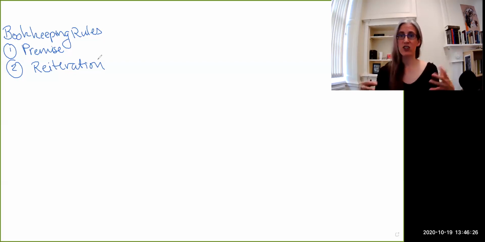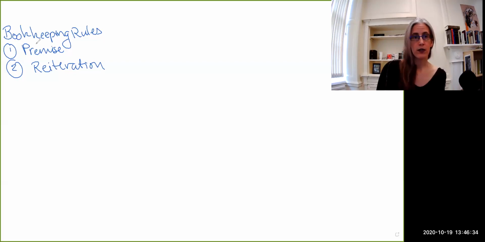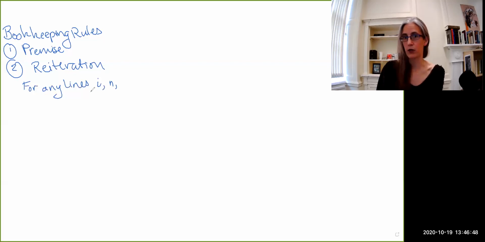It just makes sure that everything is set up right so that we can actually apply the more substantive rules. Anyway, the rule of reiteration says that for any lines in your proof labeled i and n, where i and n are just any numbers of lines in your proof,